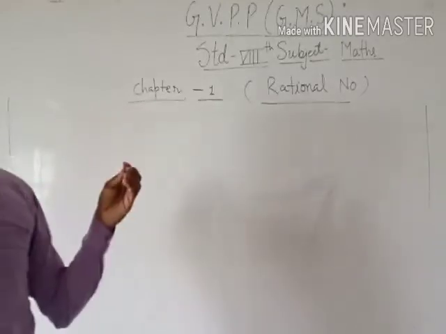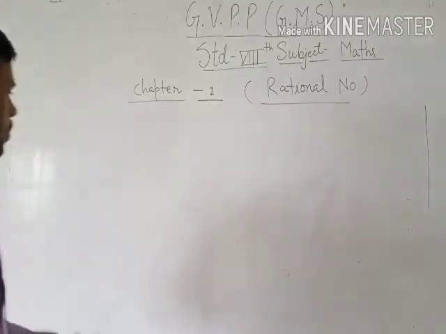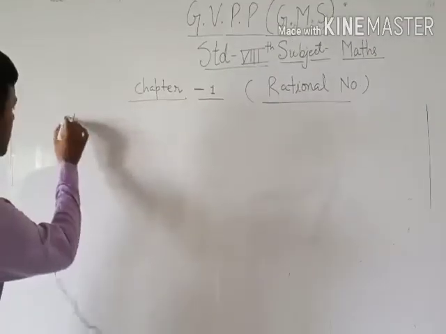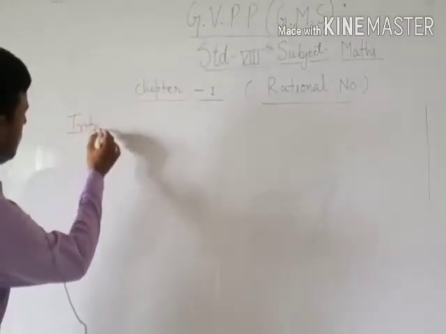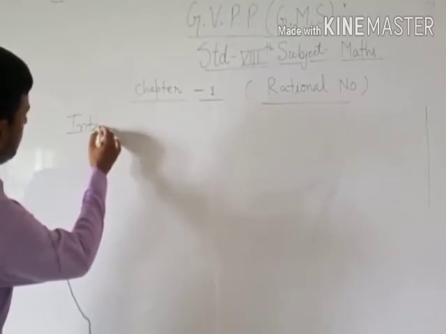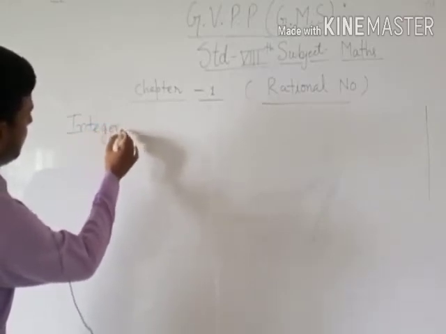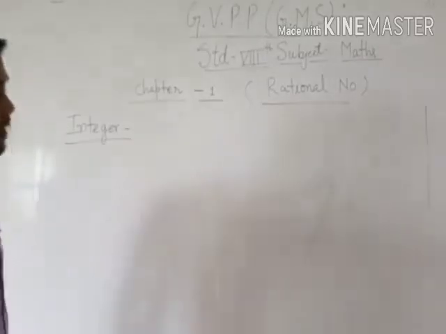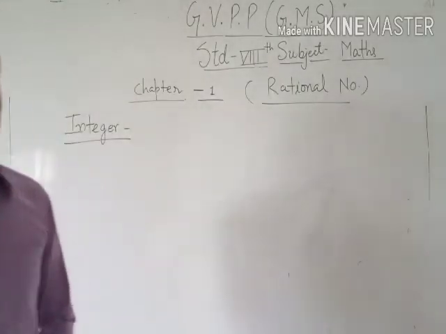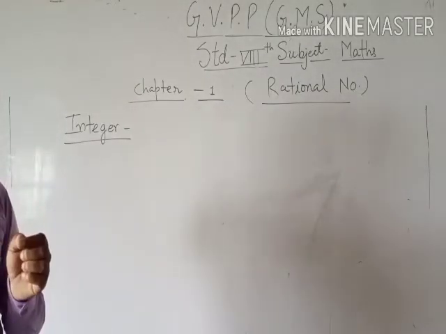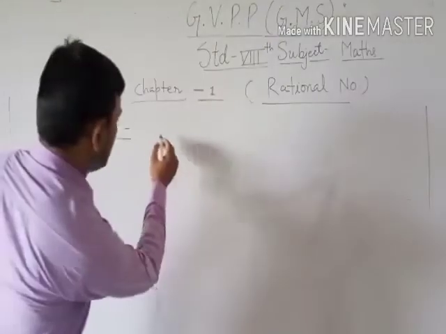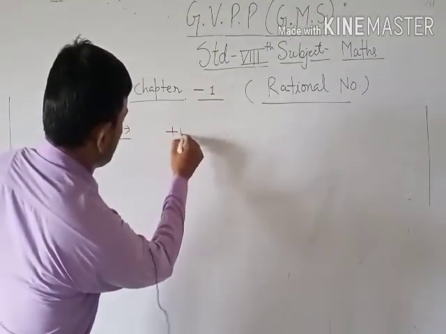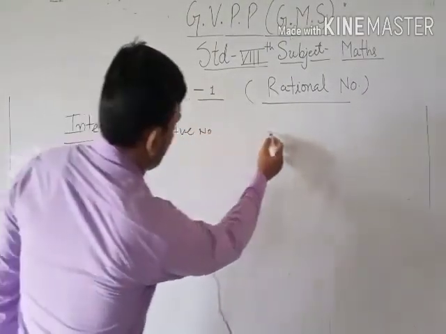What are the integers? Okay. So integers are the collection of positive numbers, negative numbers, and zero. Okay, that means integer means what? The positive numbers and negative numbers